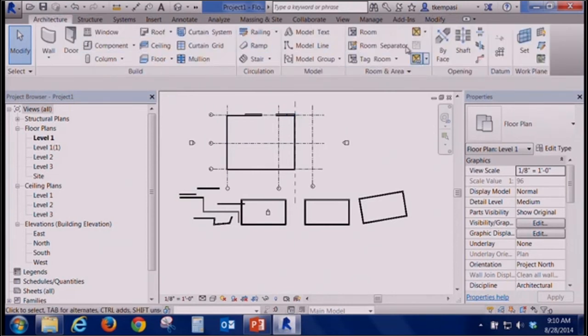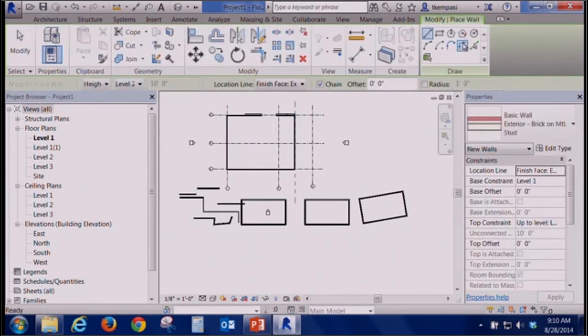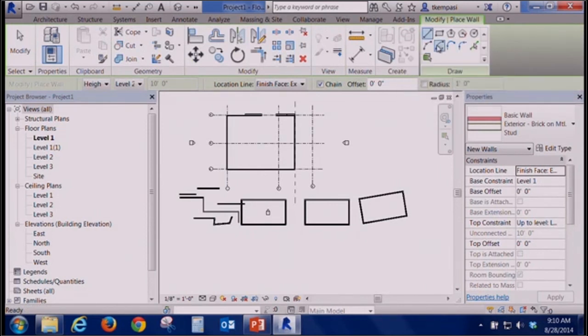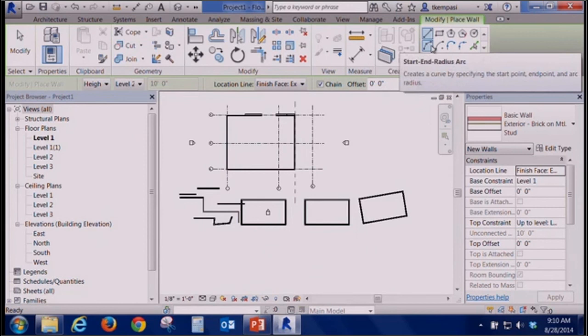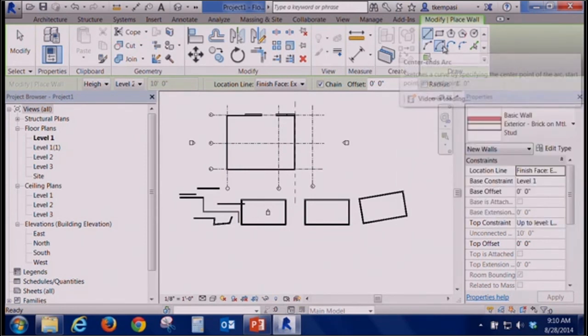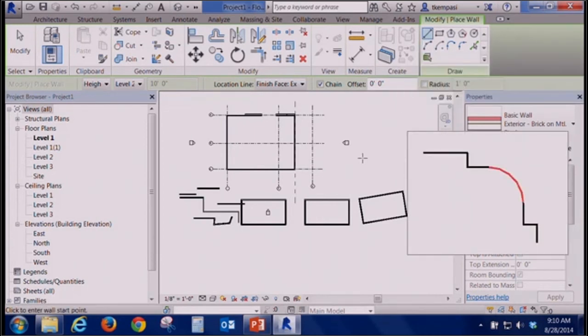Now to the arc tools. There's a few different options here. We can pick the start and the end point, and then pick the radius. We can pick the center and then pick the ends. Kind of depends on what we're trying to do. So this first one, I just pick one point, pick another point, and then I can